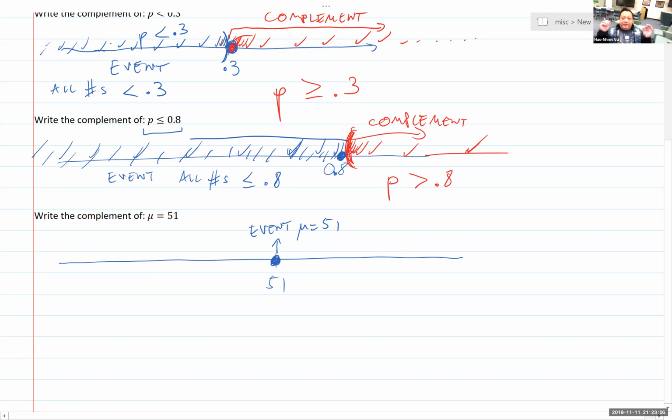Again, complement is not opposite. Complement is everything else but the event. So if the event gets that blue dot, then the complement gets everything else other than the blue dot. So the complement gets everything else on the right. It also gets everything else on the left. Okay? So the event